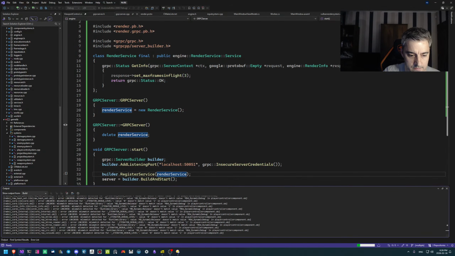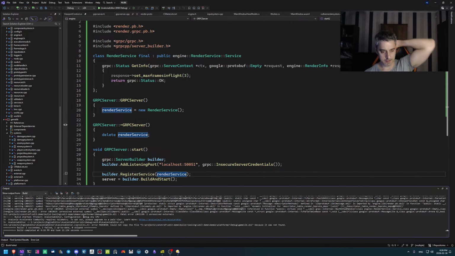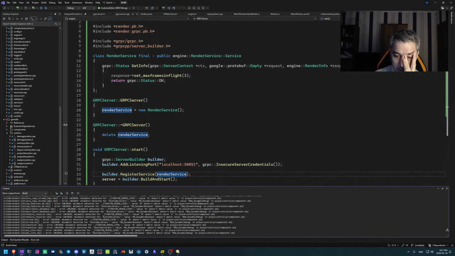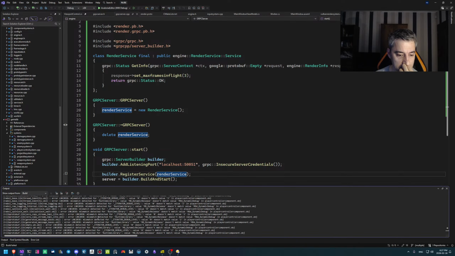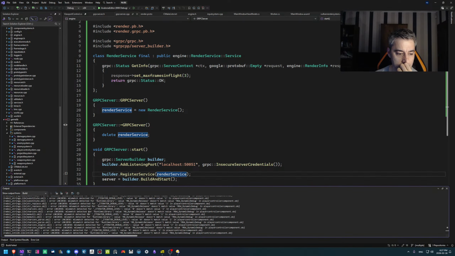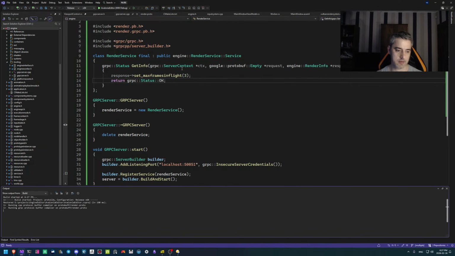What? What? Oh my god. Visual Studio is a nightmare. Oh, it's because I built that for release mode. Guarantee you. Oh, I don't feel like rebuilding everything. I guarantee that if I do this,